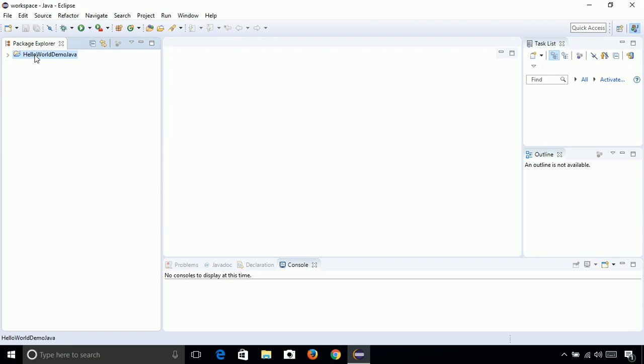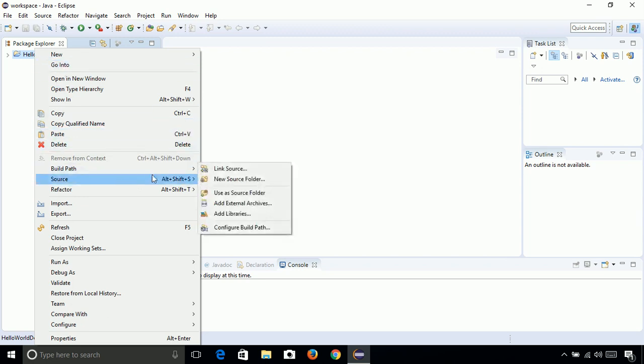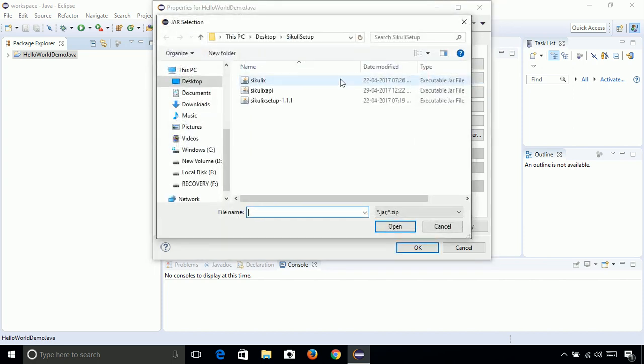To enable Sikuli script in Eclipse, we have to add one jar file here. So go to the build path and configure build path. Navigate to the libraries tab and here add external jars. When we installed Sikuli X in our first module, at that time the Sikuli X API was downloaded and installed.